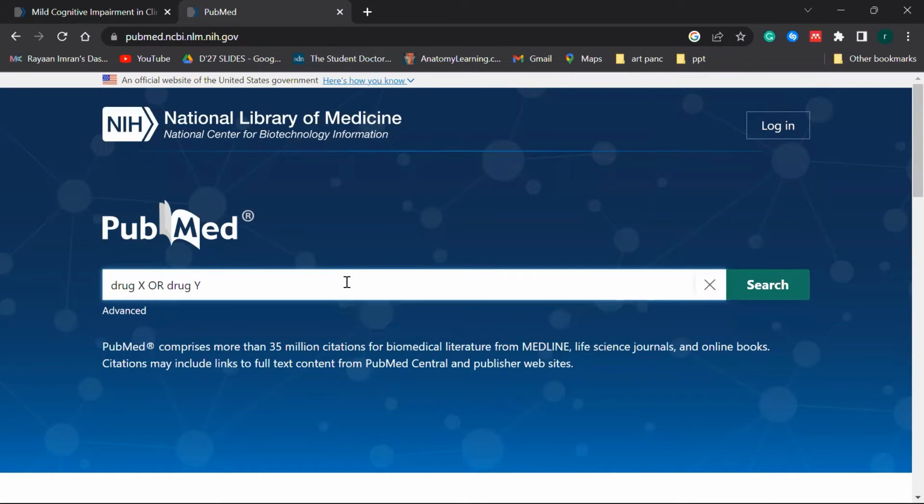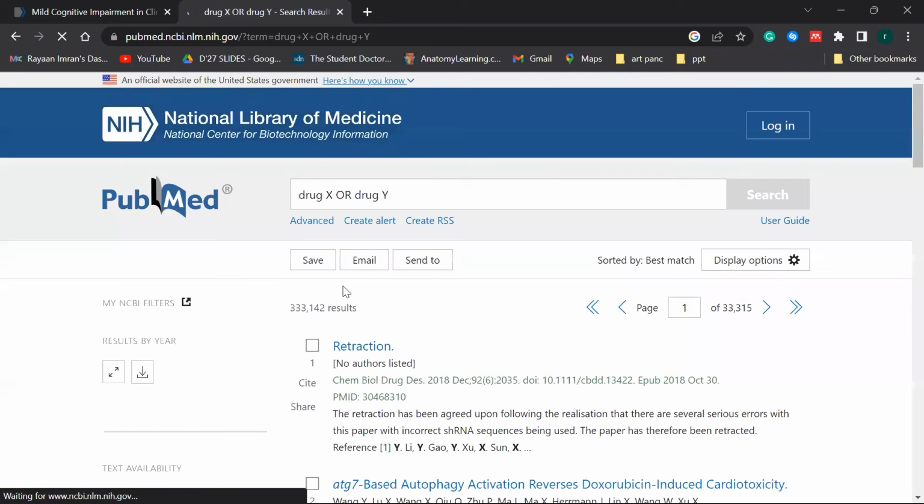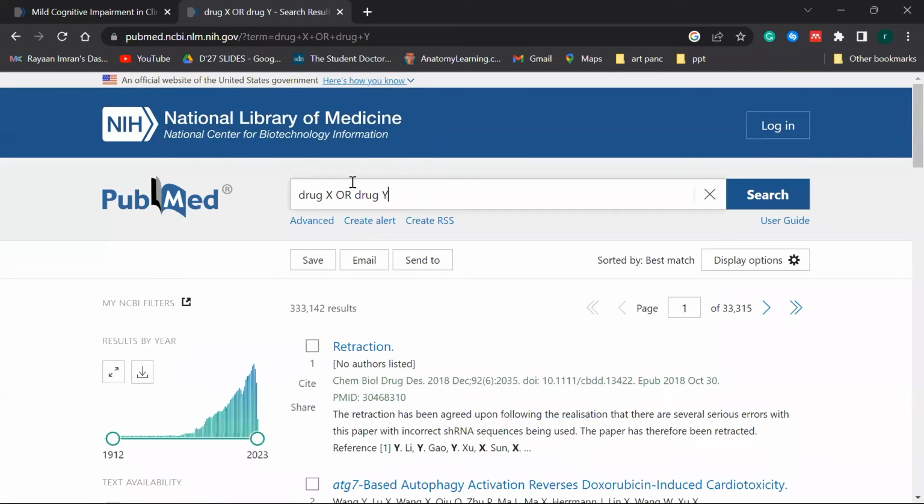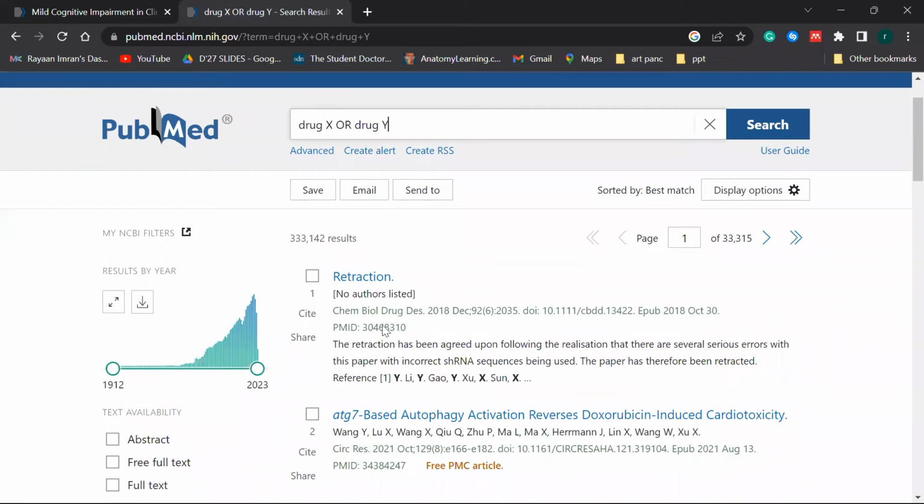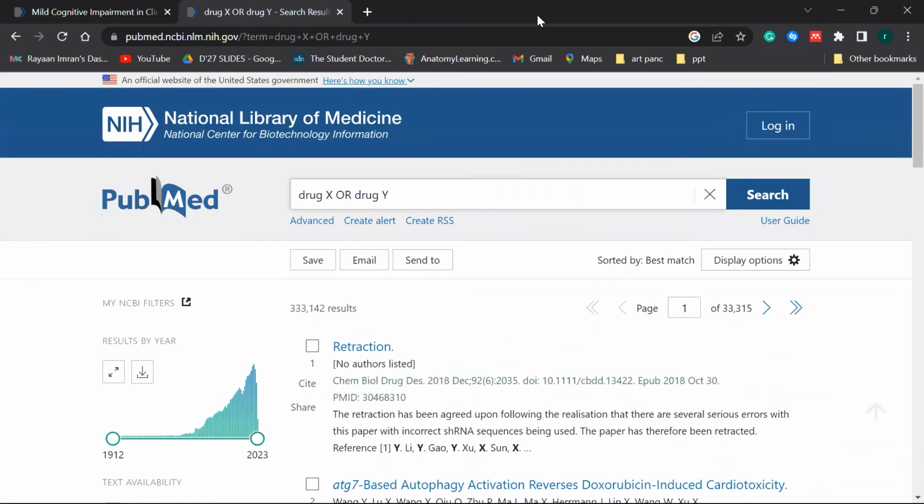Now what is it going to do? It's going to click on search, and somehow इसमें results आ भी गए, which is very nice, ठीक है, and it's going to show me all the articles which include या तो drug Y हो या तो drug X हो, ठीक है. तो फिर ये हो गया, या तो आपको सब कुछ include किया जाता है. अच्छा, so in this example I did not refer to drug X and drug Y.